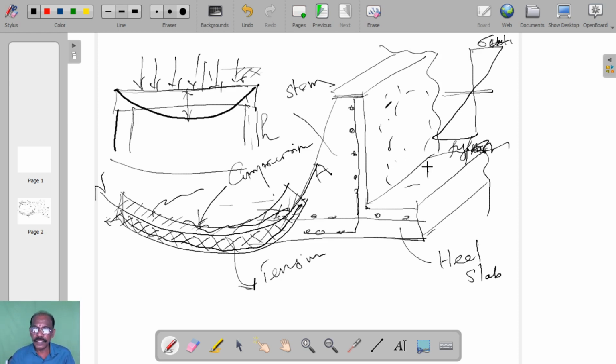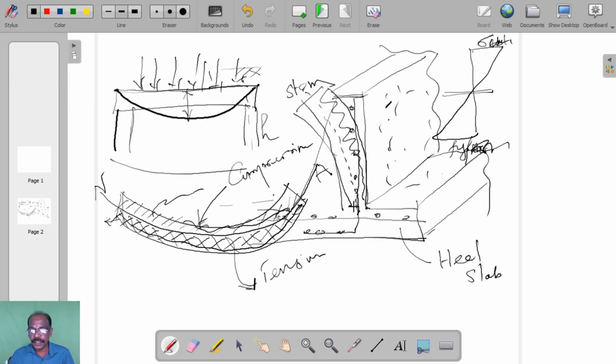Here the straight portion is subjected to earth pressure. Therefore, this portion will be bent like this. Am I right? Bent like this. Now this is the center line of your portion, and therefore this portion will get elongated and this will get contracted. Therefore, we have to provide the tension reinforcement in this area, as I have already provided in this sketch.